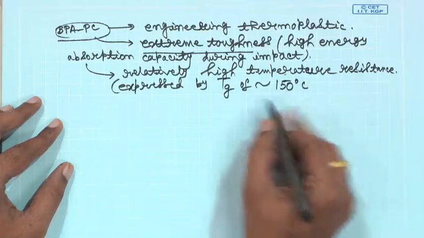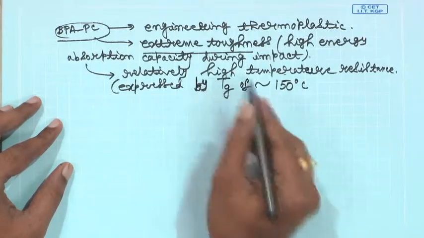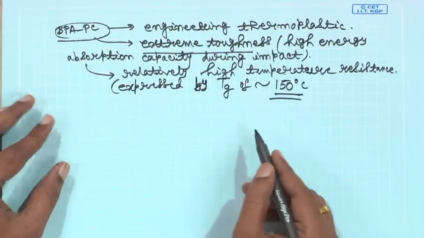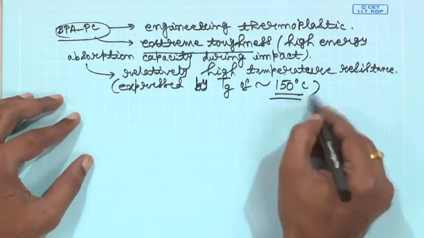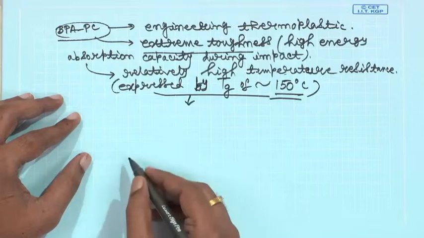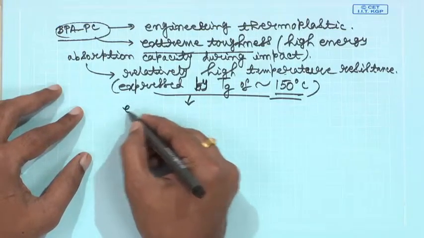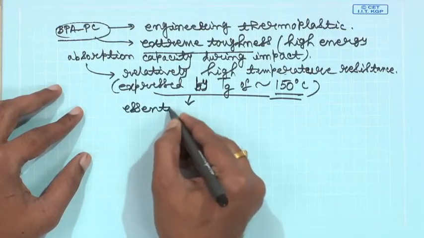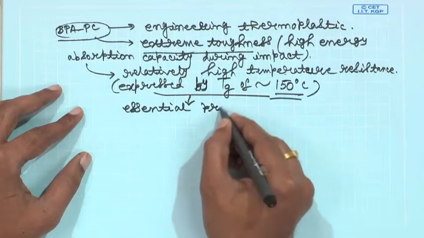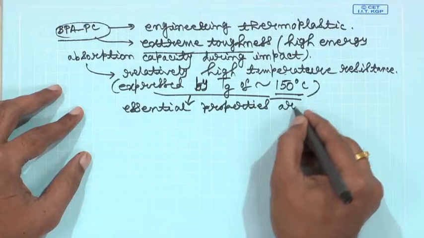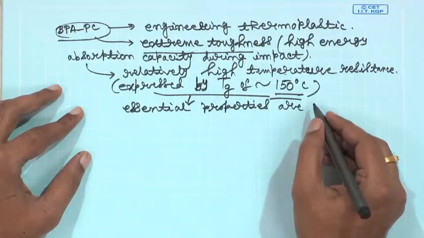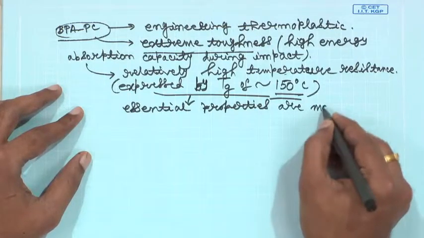Typically, your bisphenol A based polycarbonate, unless modified by other means, will have a glass transition temperature of around 150 degrees Celsius. So, that would mean that the essential properties are maintained